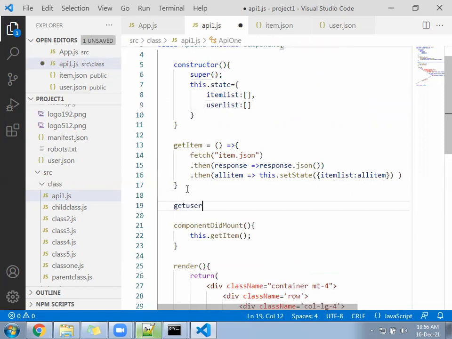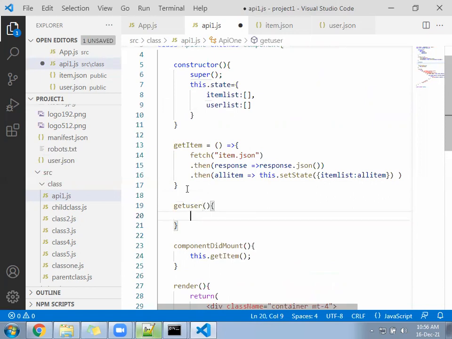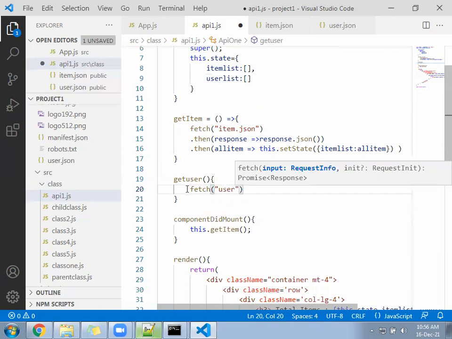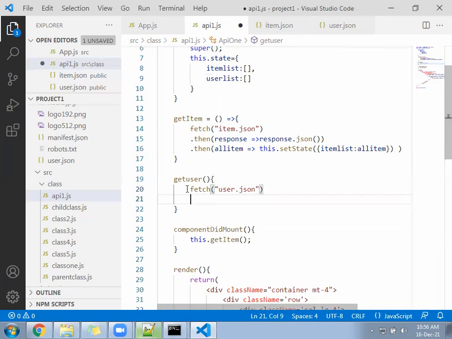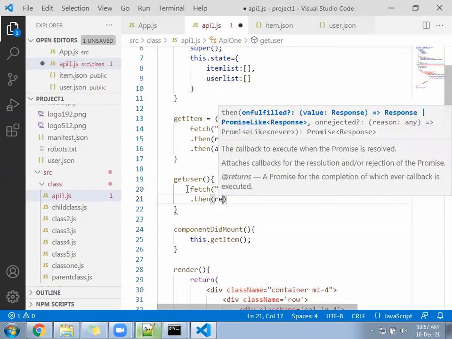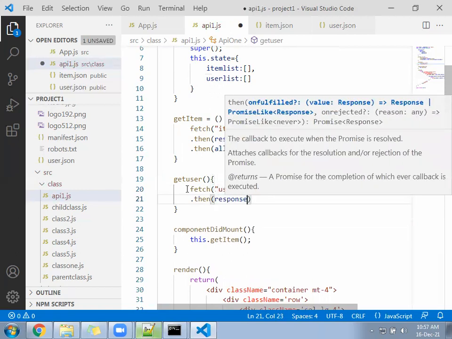Get user function. Inside the get user function, you will follow the similar fetch method. Inside that, what you will do? You will write here user dot JSON. After that, dot then, you will write here call response.